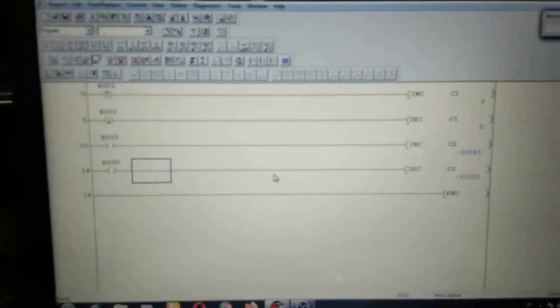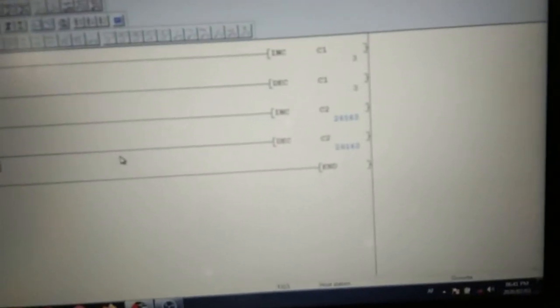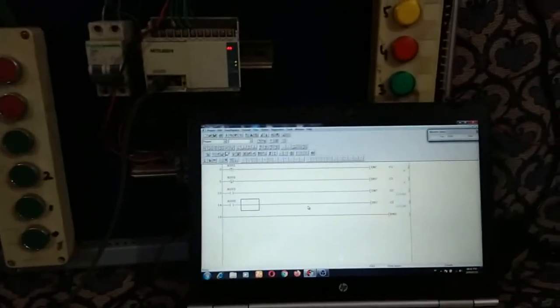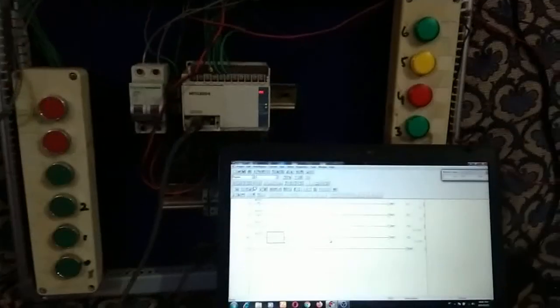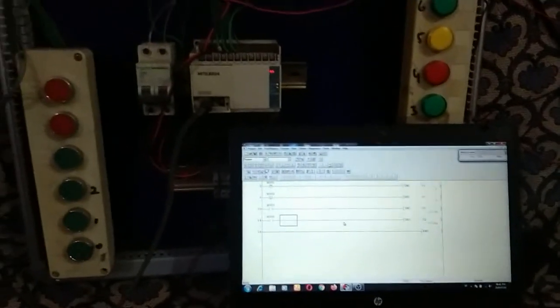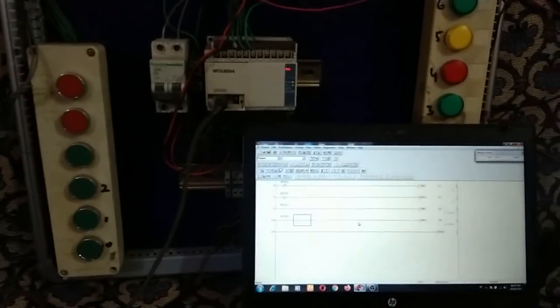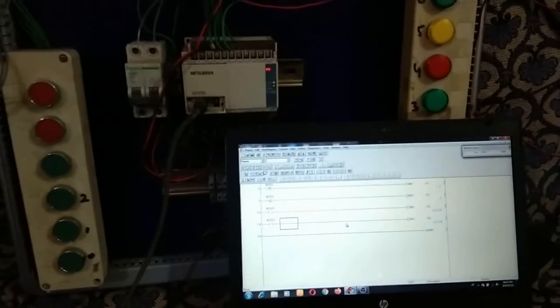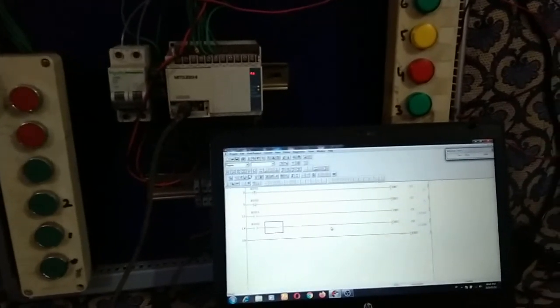I am using a decreasing block for X0, and if I press X0, you can see the value continues decreasing. This is the difference between rising pulse, falling pulse and a normal push button. So we always use rising and falling pulse for increasing and decreasing blocks.